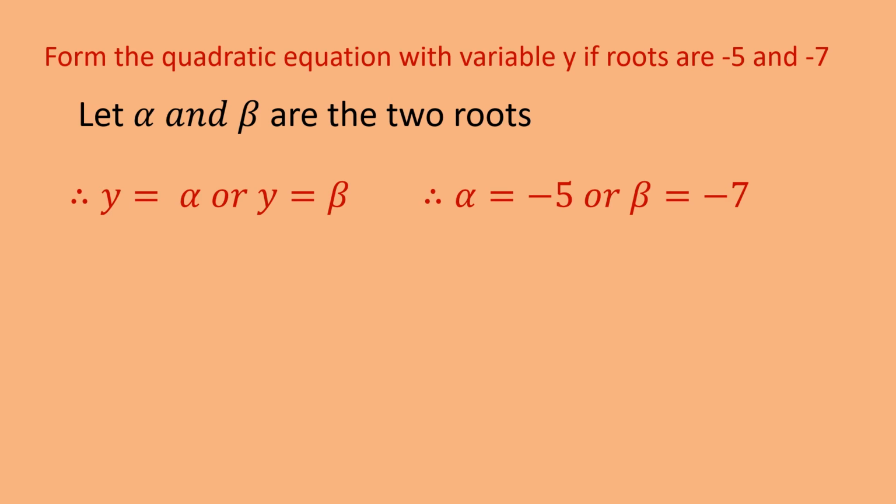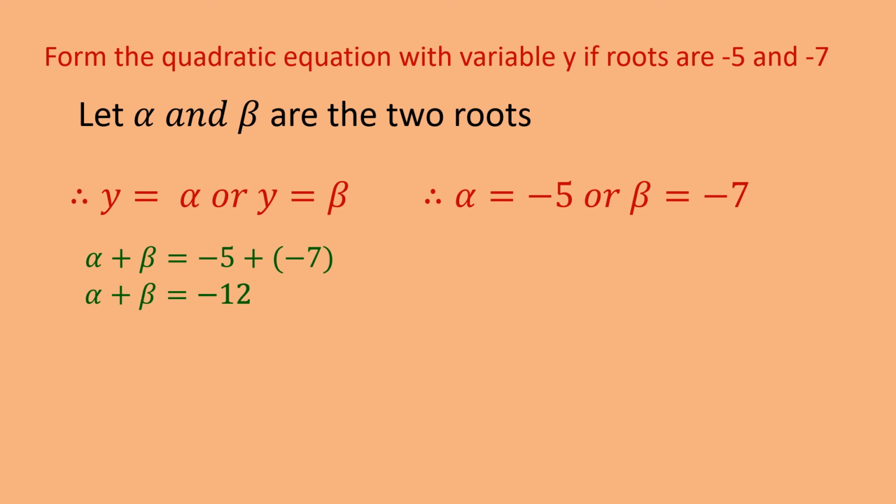If you want, you can change the numbers, the roots, there is no issue. It will give you the same value. So alpha equals minus 5 and beta equals minus 7. Next we need to find the sum of the roots. So alpha plus beta equals minus 5 plus inside the bracket minus 7, which simplifies to minus 12, because both the numbers are negative. So when we add, we will get the minus sign only.